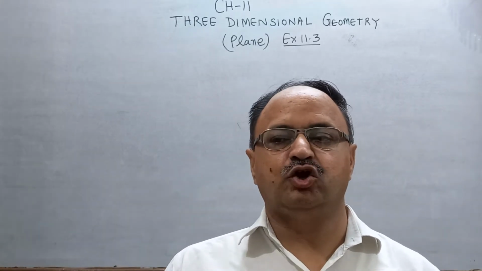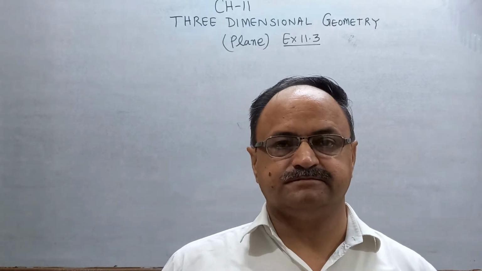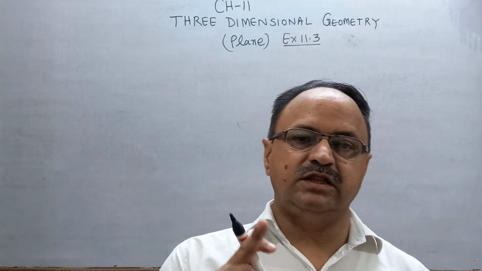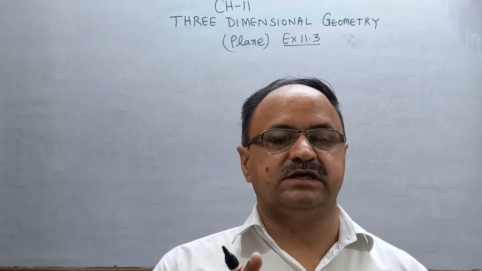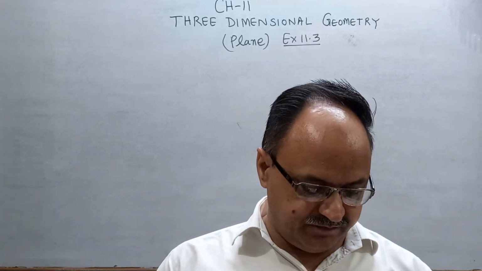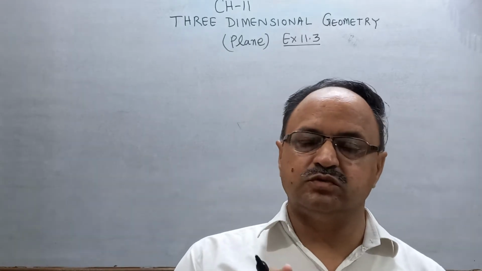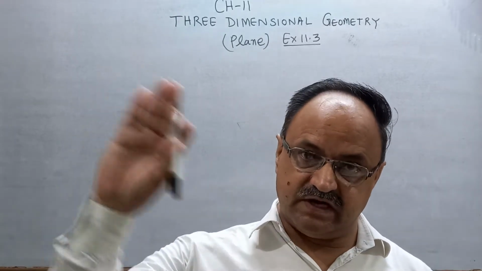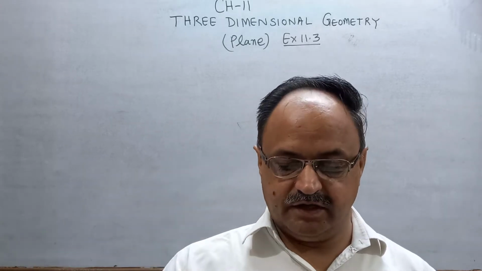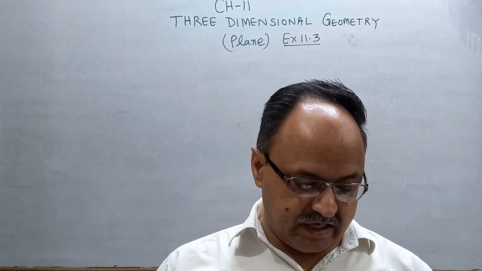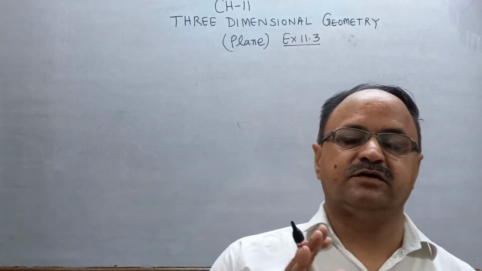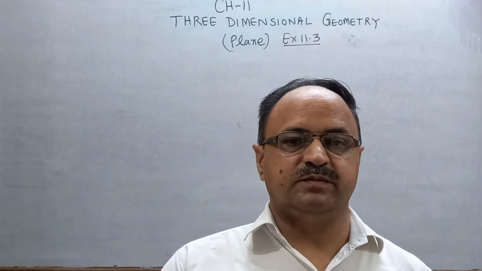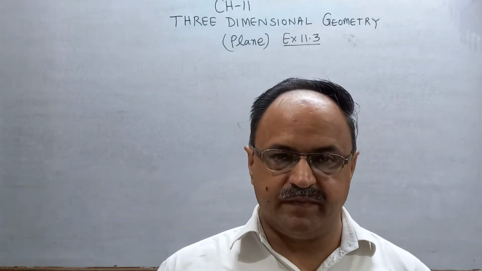equation of the plane in normal form. It means when the distance of the plane from the origin is given and the normal vector is given. That is the first point. Second point, if the plane passes through one point and is perpendicular to the given direction. And third point, equation of the plane passing through three non-collinear points. Only these 3 points we discuss in this topic.